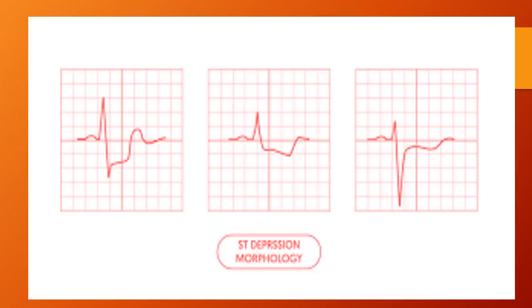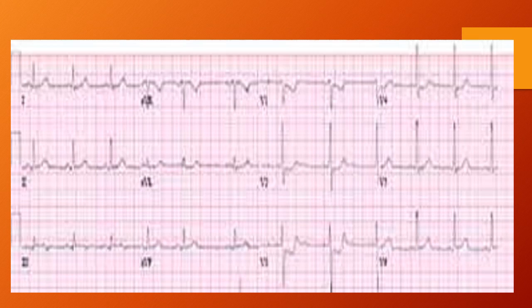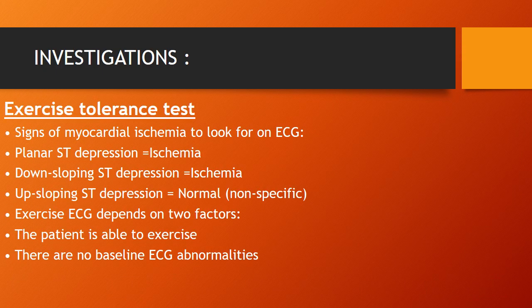The ST wave depression can be seen in different morphological patterns, but these are all ST wave depression. Here you can appreciate ST wave depression and T wave inversion in leads aVR, V1, V2, V3. The signs of myocardial ischemia that we have to look for on ECG are planar ST depression, which indicates ischemia, downsloping ST depression, which indicates ischemia, and upsloping ST depression, which may be a non-specific finding